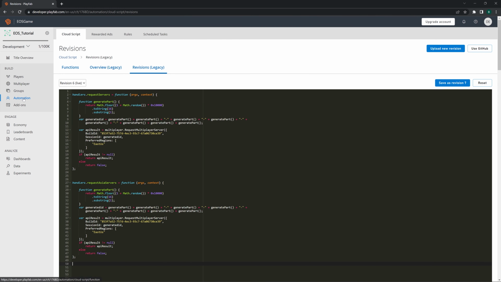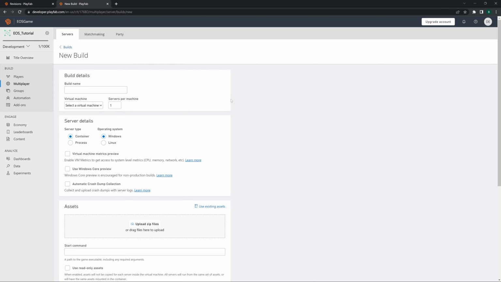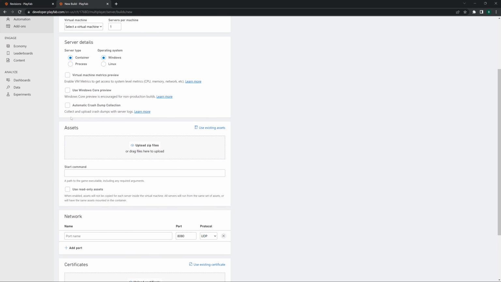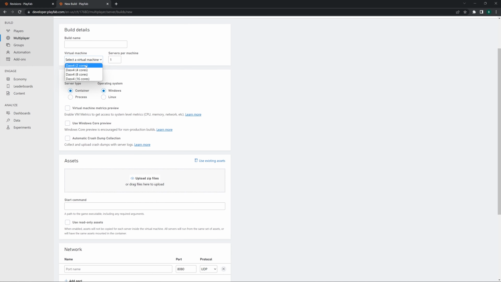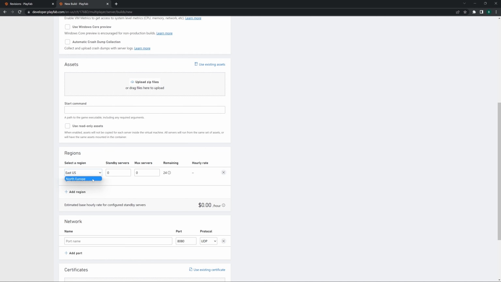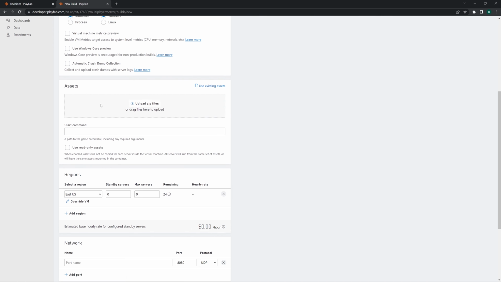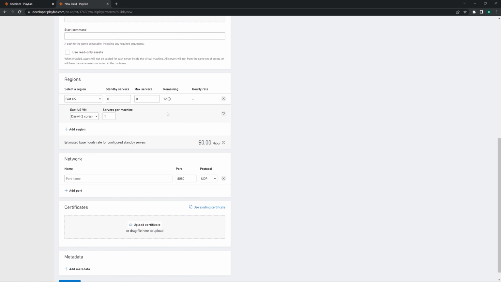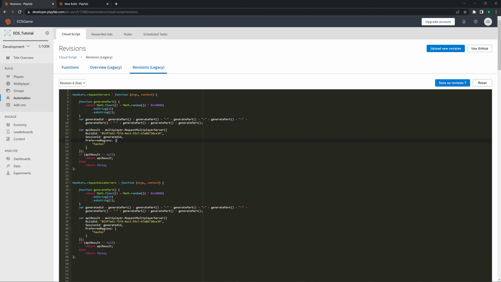Let me just check one thing. Let's go to the multiplayer, new build, and add where is the region part. Is it not available? Okay, let me just make it two cores and two machines. Yeah, now we have the region, and I only have access to North Europe and East US regions. If you want to get access to more regions, you will have to request that, because this is a test account, so I won't have access to different types of servers, but only to North Europe and East US. So in place of Asia, I will make it request